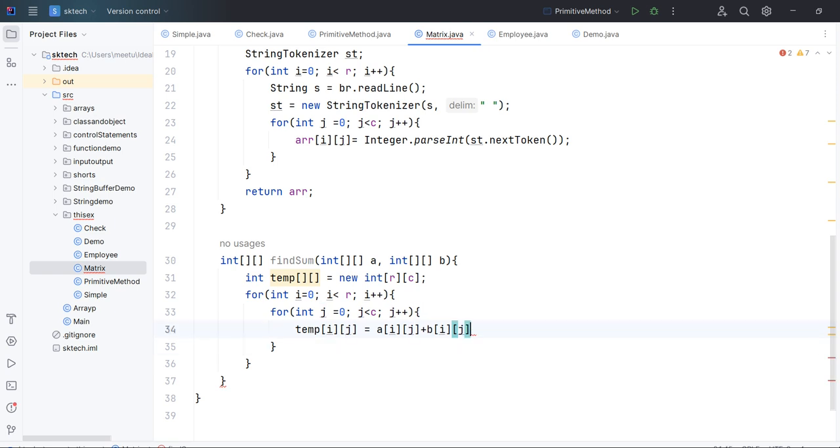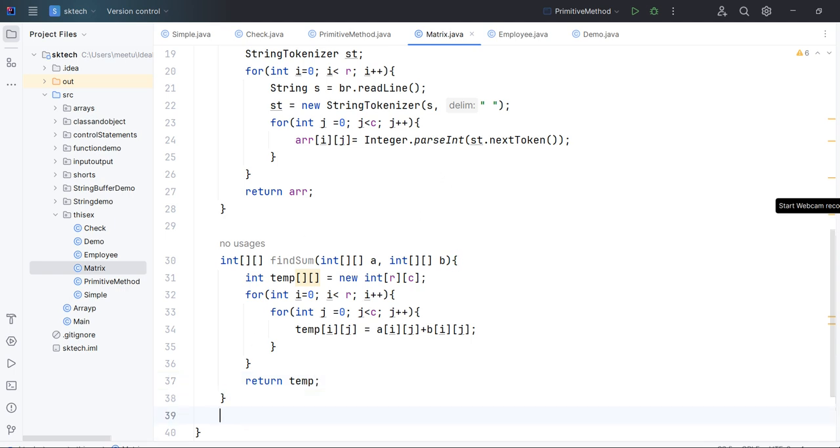Basically it is going to take them one by one and store inside this temporary array, and then we are going to return this temporary array. So let's say temp. In this way we are expecting 2D arrays, then performing the addition of these 2D arrays, and then returning it. So this is another method.